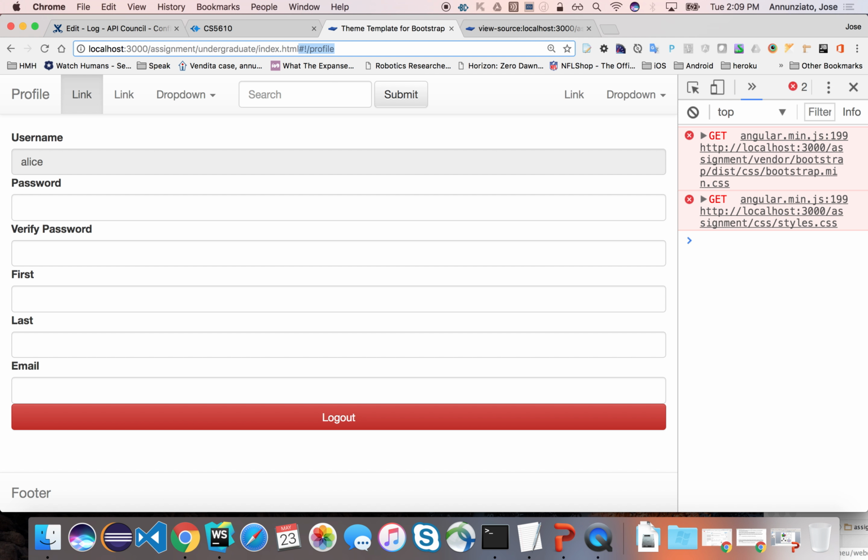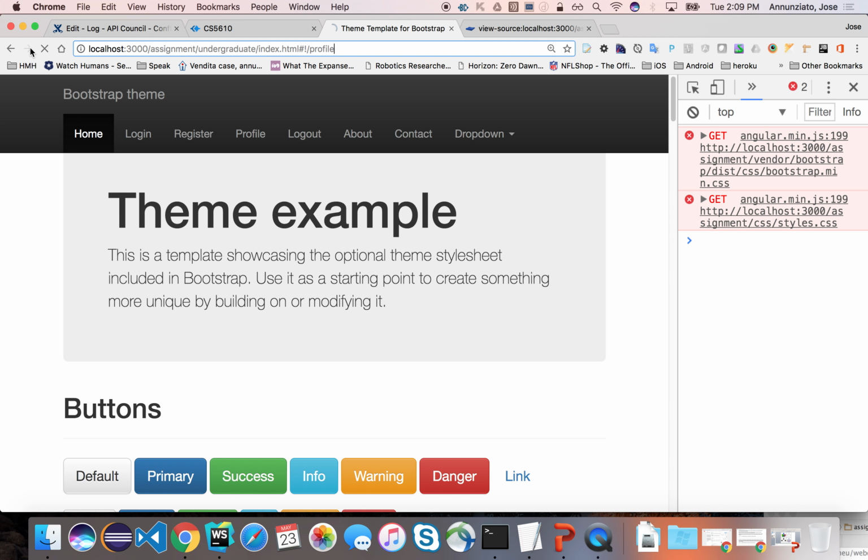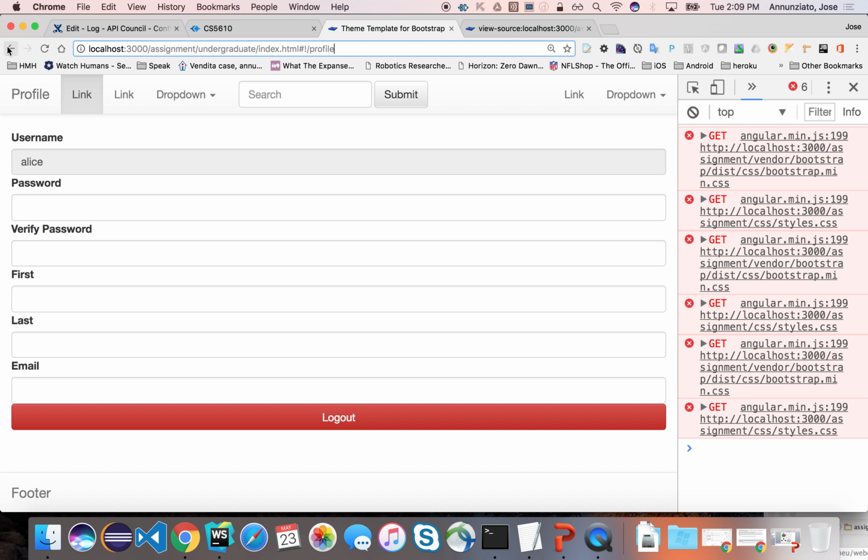Because I have all these cool behaviors associated to those changes in that hash. Make sense? So it's hijacking this behavior that has been around for ages, since the inception of the World Wide Web. It hijacks that mechanism, and the nice thing is that it works just fine with the